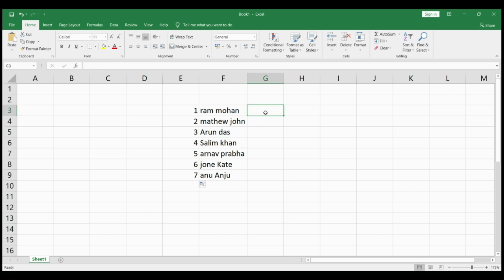So let's see how we can use the PROPER function to capitalize all these words in a single click. So the syntax of the function is equal sign PROPER, open bracket, and click on the cell which you need to capitalize. So I want to capitalize Ram Mohan, the cell F3. I clicked on Ram Mohan and the cell F3 came there. And I'm closing the bracket and I'm clicking on the enter key. See,